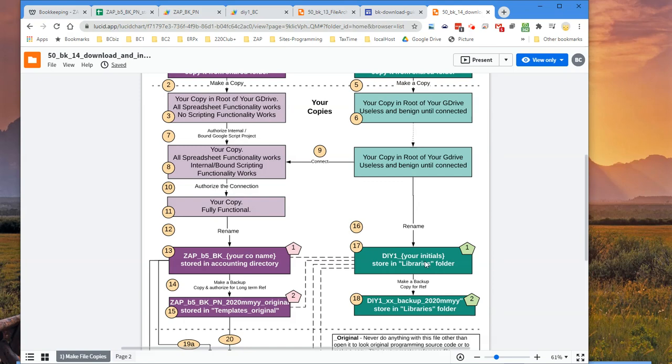Likewise, I would suggest, you don't have to do this, I would make a copy of this file as well and call it backup with the date that you download it and store it somewhere else. I'm not going to get into where you're storing these right now, and in the videos that are going to come right after this, we're going to do everything in Google Drive, the root of Google Drive, and we'll do